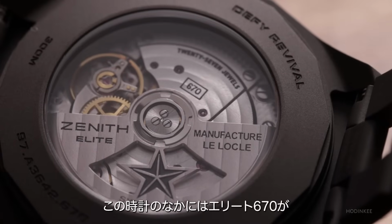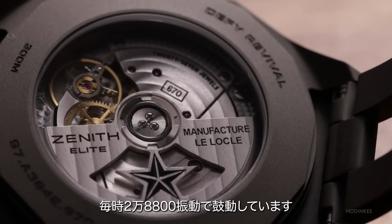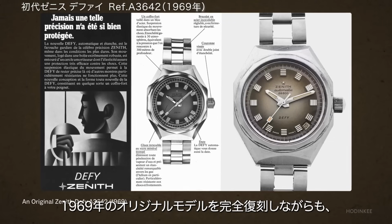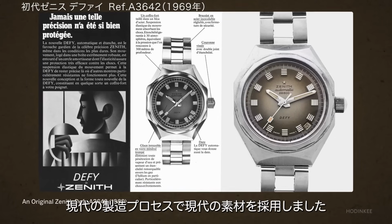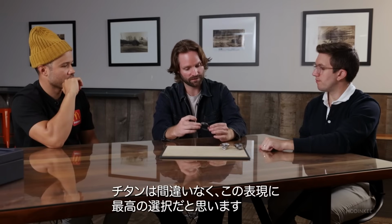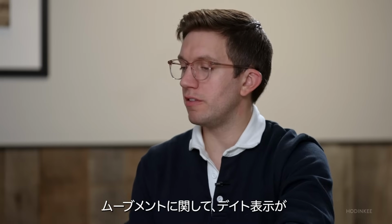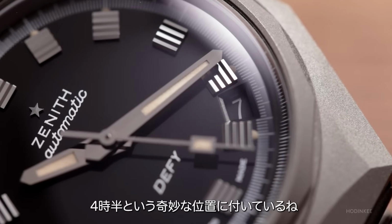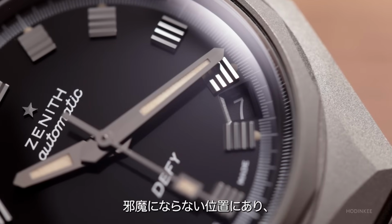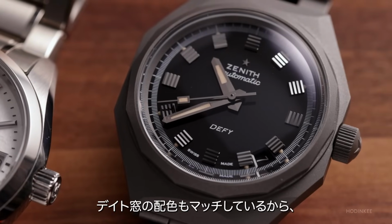This is the Elite 670 movement inside, beats at a hearty 28,800 beats per hour. Recalling the exact plans of the original watch released in 1969, but with modern manufacturing, a modern material, titanium, arguably rendered in the best expression of the metal. And as far as the movement, you've got that tricky date window at 4:30 there as well. I feel like that is a perfect place on the dial because it's unintrusive. You know exactly where it is and where to look for the date in a color matched window,